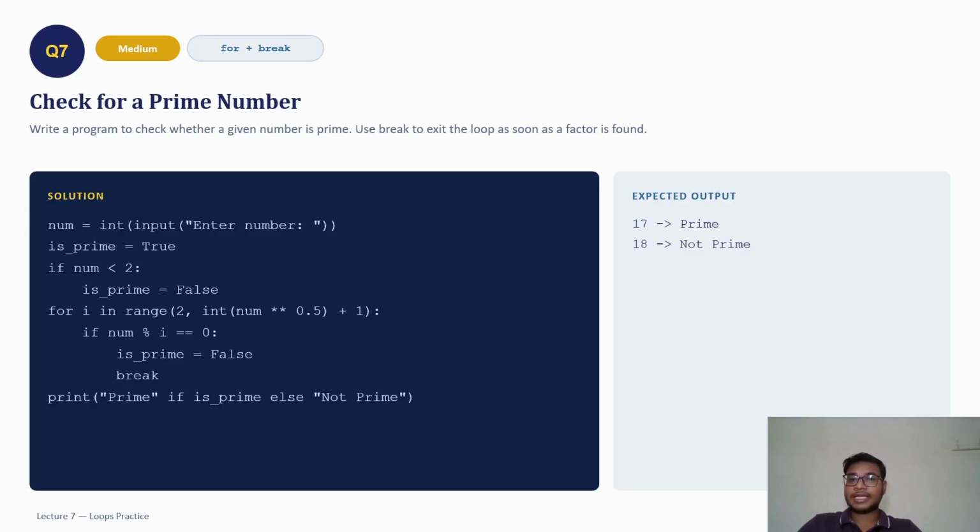So 11, 13, 17, 19, 23, 29, 31, 37, 43, I hope I'm correct, and after that 47. So these are the prime numbers between 1 to 50. So you should clearly understand that prime numbers start with 2, because 1 is not a prime number. So 2 is the first prime number. Therefore, if num is less than 2,